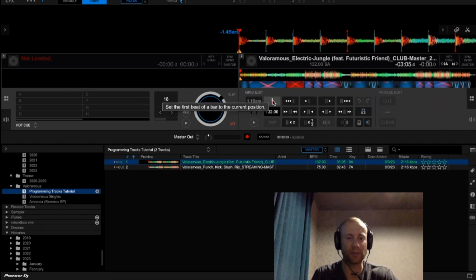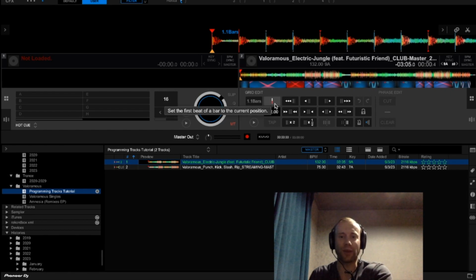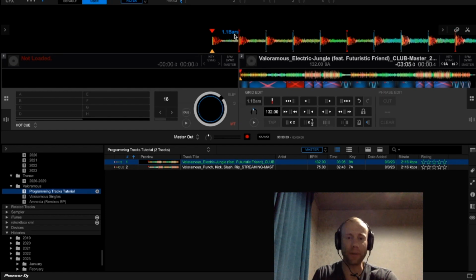This setting right here is set the first beat of a bar to the current position. So if you need to set the first beat of a bar to, say, right here, you can do this, and then you click this white and red line button, and you'll watch this red line snap to the grid and move over. If I do this, it has just shifted the one beat a quarter bar to the right. Now that's obviously not right, but for the sake of this demonstration,